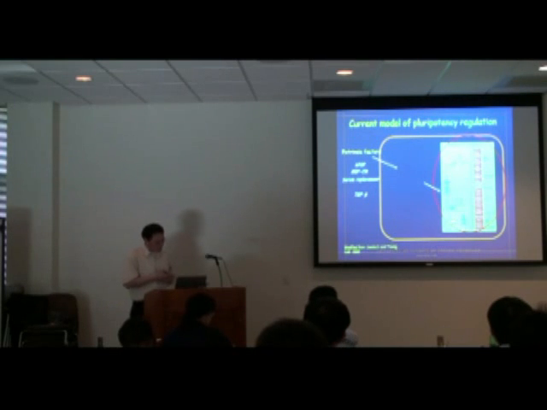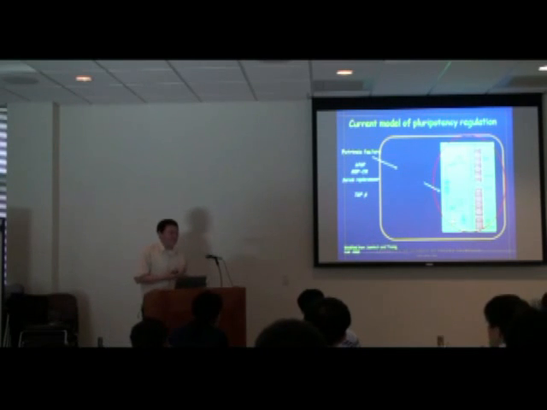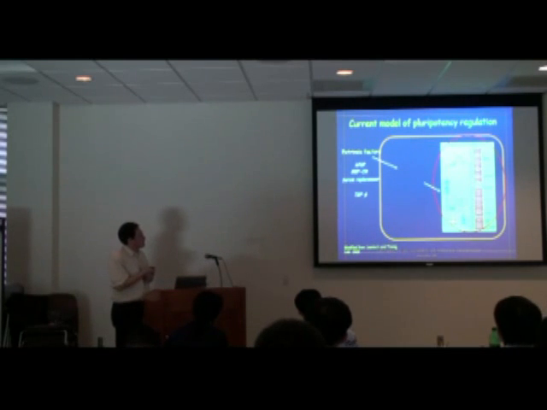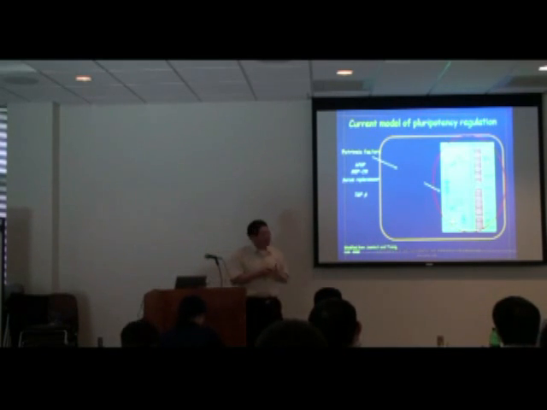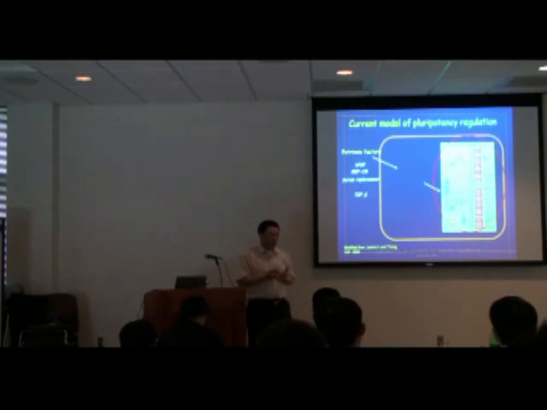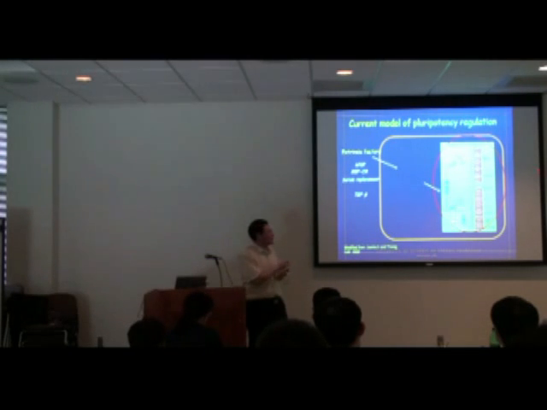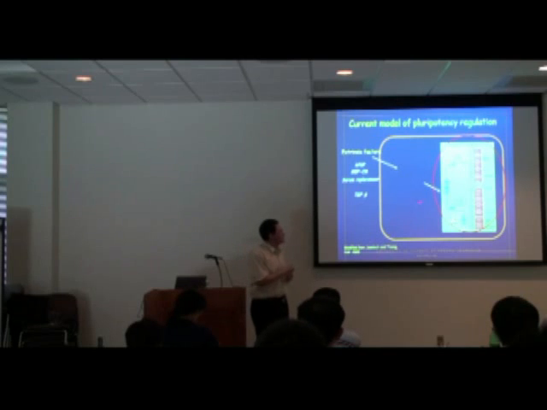Now, the particular question, at least when I started my lab 4 years ago, was basically how pluripotency is regulated in these cells. How are these cells able to maintain their undifferentiated state while they're growing? When I started out, the field was actually very limited. As you can see here, there are 3 major players called OCT4, SOX2, and NANOG, and I think these have probably become household names recently. These are transcription factors that are crucial for your ES cell identity. If you take any of these factors away, cells will differentiate. They won't behave as ES cells.